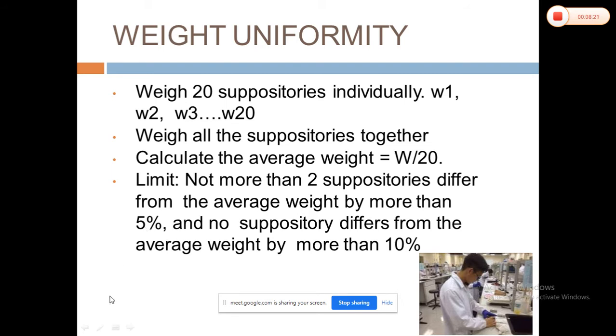evaluation parameter, because if you find large weight variations, that means your drug content will also vary. To avoid that, the uniformity has to be checked, and this is done as in-process quality control, meaning during the process you have to check the weight uniformity after specific time intervals. What will happen if you check only at the end? There will be so much loss, because sometimes, from the hopper to the nozzles, the cavity may not be properly filled.